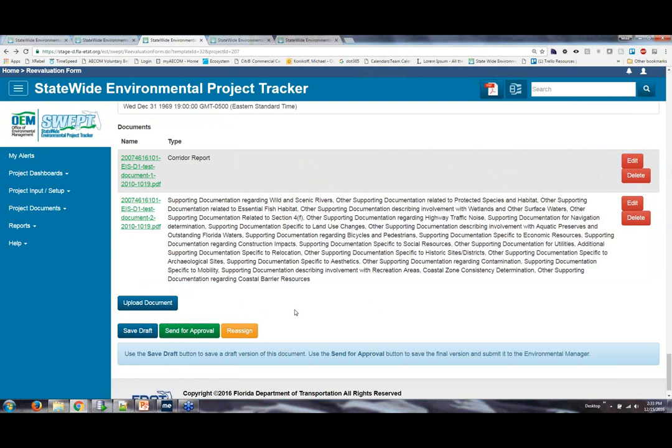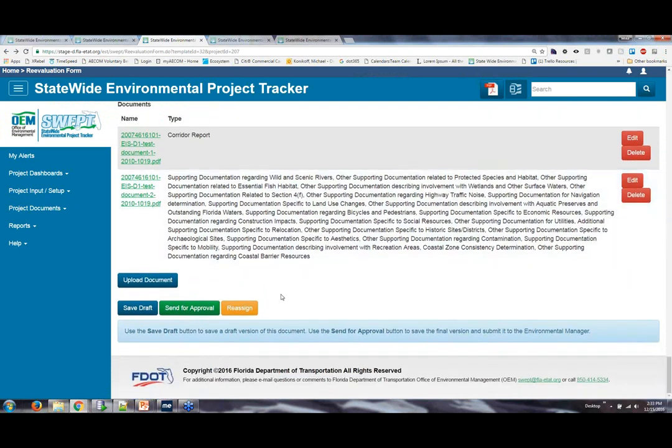That will send it to the district environmental manager, who can then sign the reevaluation form and create a PDF. The next step in the process, it depends on where the project is, but what I'm going to show you next is